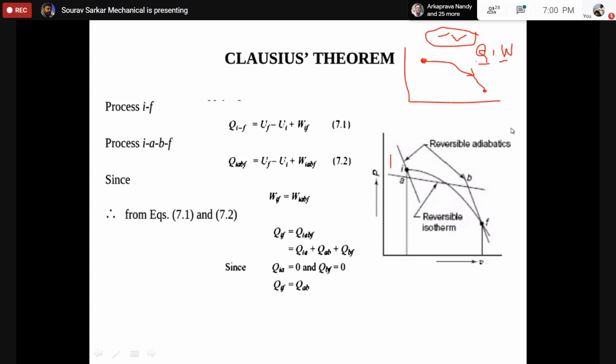Now, what I'm trying to say is that this is the initial state, this is the final state. I can have one alternate path. Through this alternate path, the work transfer and the heat transfer will be the same. And this alternate path is constituted by one adiabatic, one isothermal, and one another adiabatic line. So this is my statement. Is it okay? Yes, sir. Okay, fine. So this is the statement of